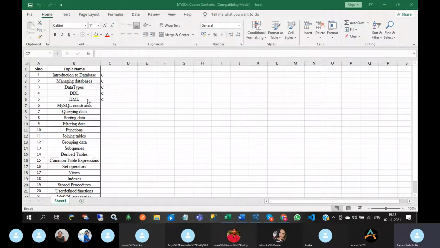And what is the difference between delete and truncate? That difference also we have seen. The difference is, in the delete command we can use a where condition, and in the truncate command we can't use a where condition. And if you use the truncate command to delete the total number of records, the serial number starts with 1.